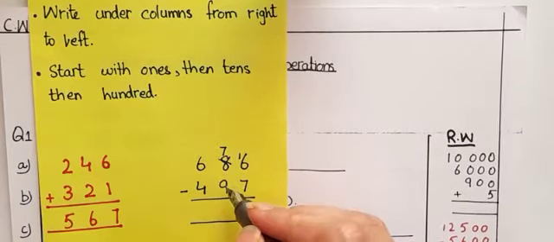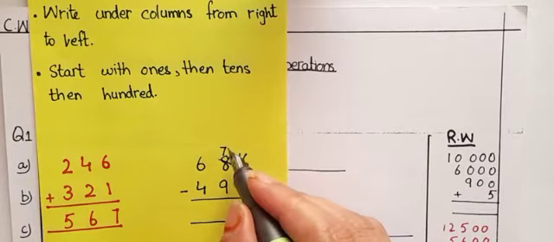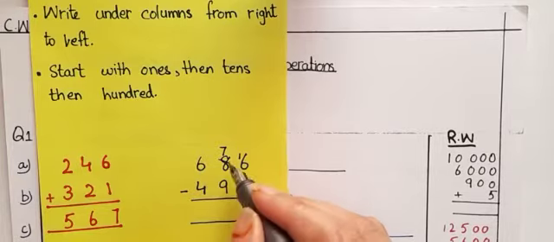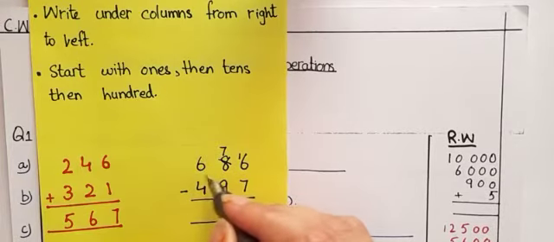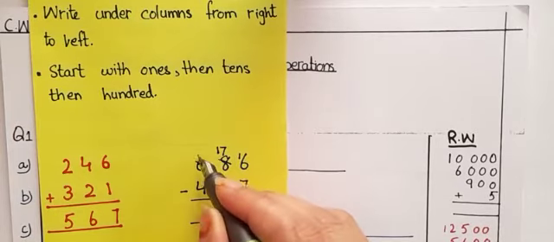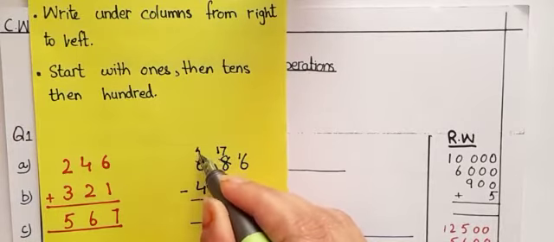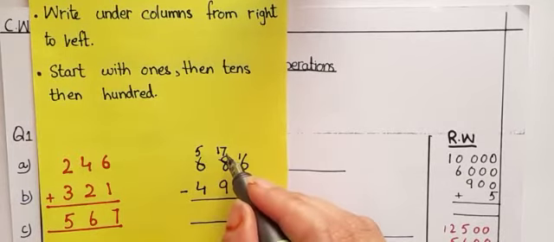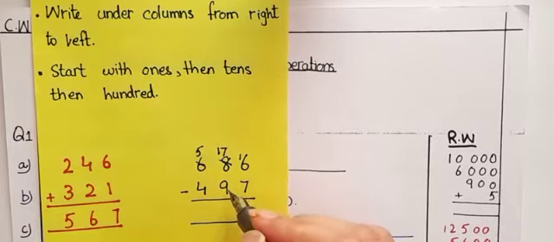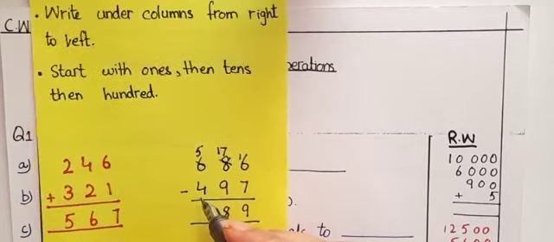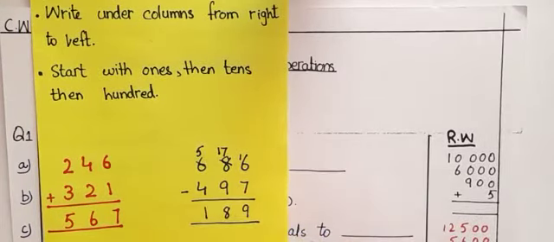Now it is 7 and 9. We cannot subtract 9 from 7. The same rule applies over here. We will ask 6 to lend us something, as 6 is in the hundreds place. So when 6 gives 1 over here, it will be 17 and it will be 5, because there is a difference in their place values. So it is 17. 17 minus 9 is 8, boys. Now 5. We have to subtract 4 from 5, and when we subtract it, our answer is 189.